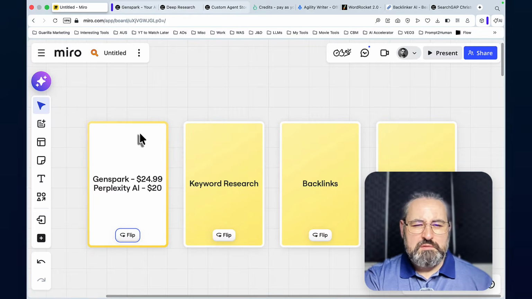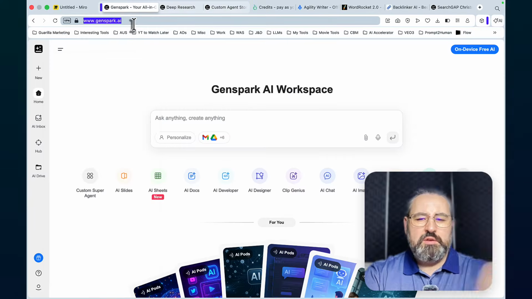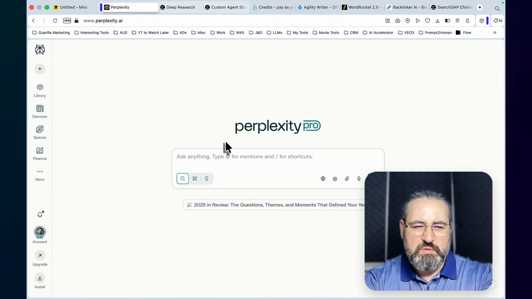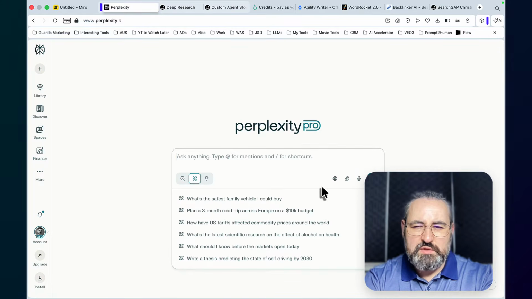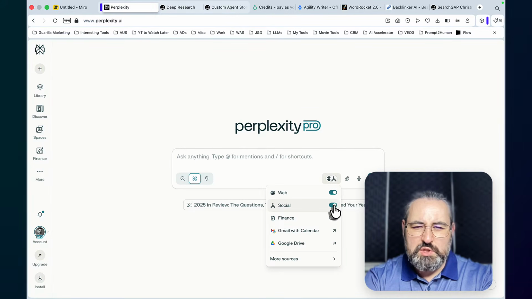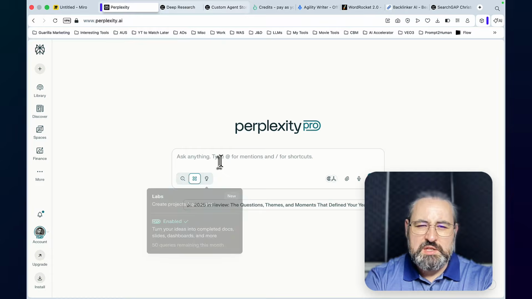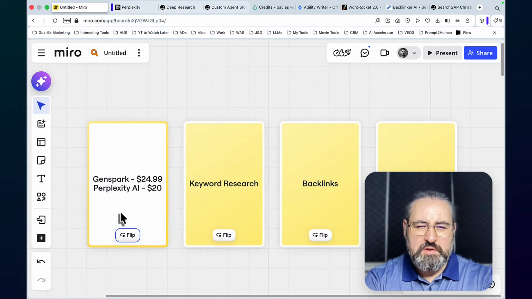Now, if for some reason you don't like GenSpark, you don't want GenSpark, you hate GenSpark, the only other option that I would recommend is Perplexity. You cannot create multimedia articles with Perplexity, although you can create some articles with it, and I have videos about it. But what I like about Perplexity is that it has its deep research feature, and you can toggle on social, which is basically Reddit. So Perplexity is my next best choice after GenSpark for niche research. I'm still using Perplexity every other day. So this would be either or. If you want to use GenSpark, it's going to cover a lot of different areas. If you don't want that, use Perplexity.